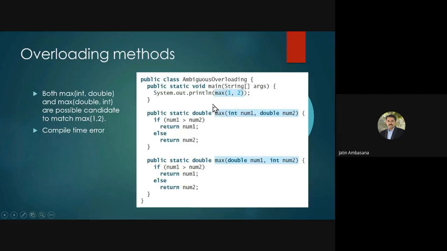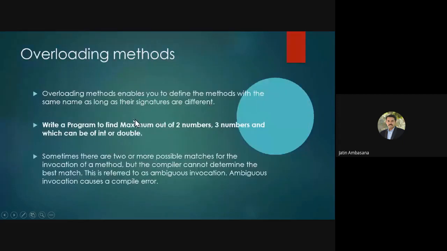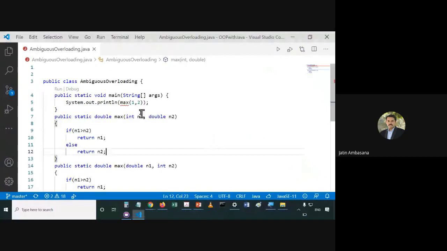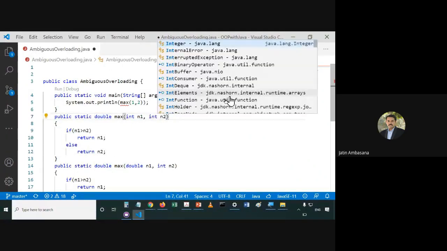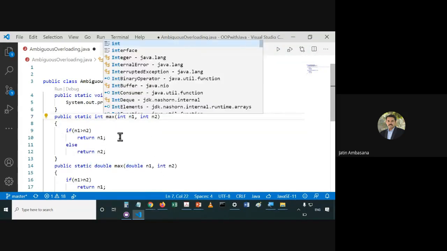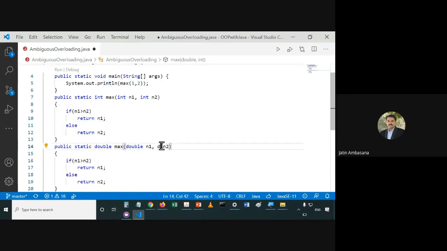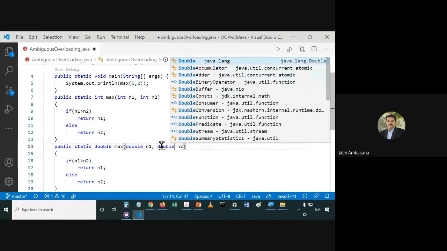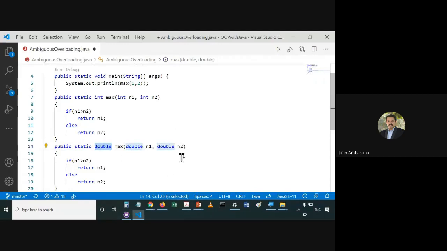So what was the question? Program to find the maximum out of 2 numbers and 3 numbers, which can be int or double. So let's consider that there are 2 comparisons, one for integer. We can make it like this: int, which returns an int, then double, which returns a double.